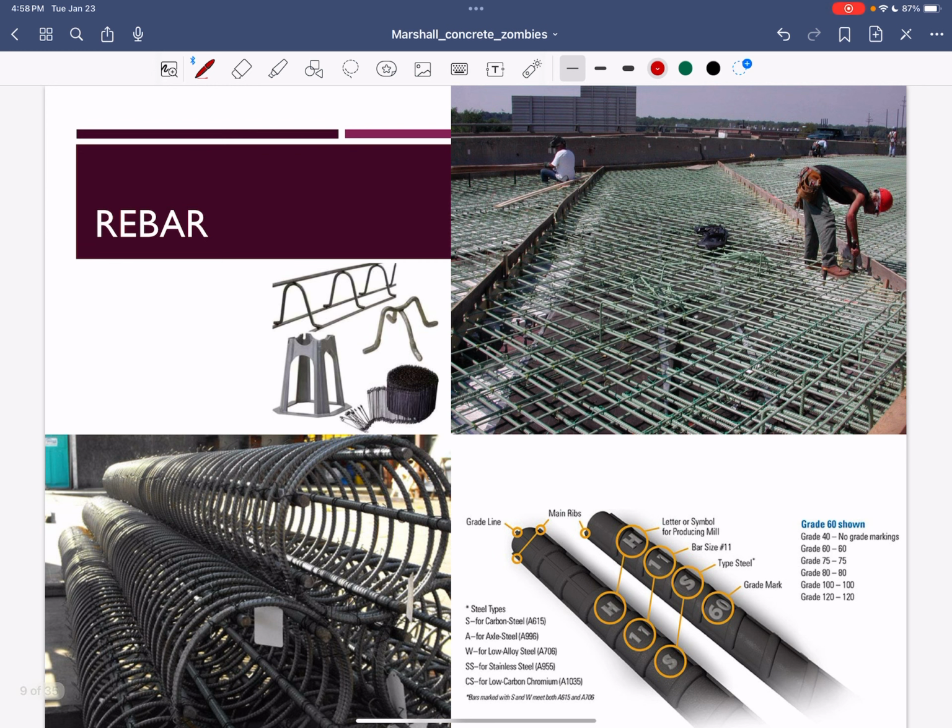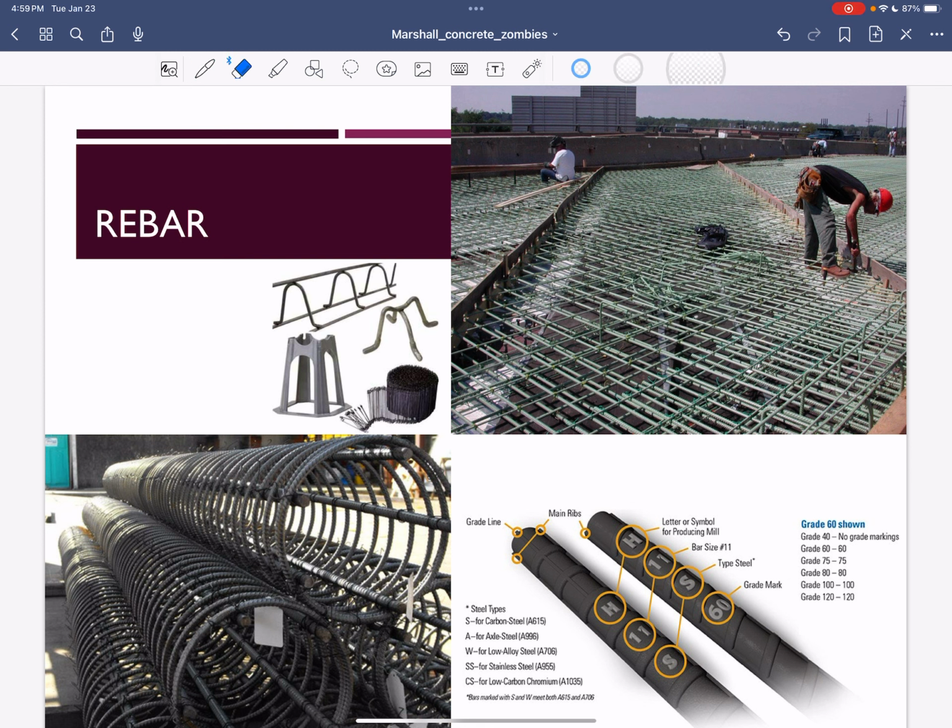All right, so rebar. So you may have heard of rebar. It's the reinforcement. Concrete is really, really good when you compress it or squish it. When you try to pull it, it's really brittle. So if I think of a piece of chalk and I push it and try to compress it, it's pretty hard. But it's very easy to snap, right? So that's similar to what concrete is, a very brittle material. So I need to put steel in there when I'm going to see the concrete being pulled, or in tension.